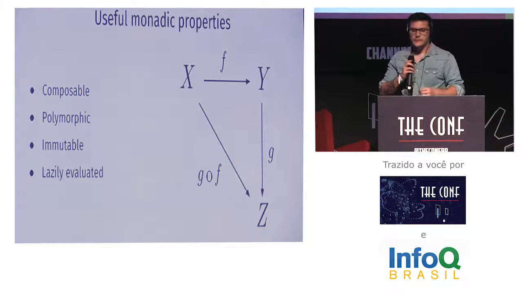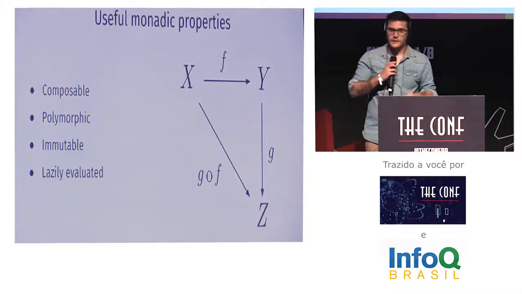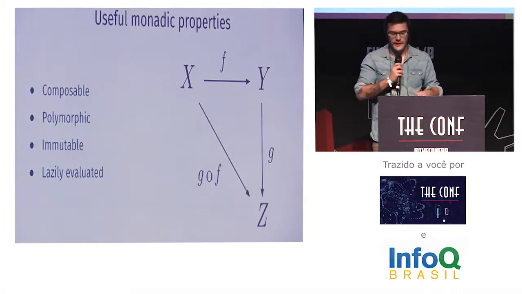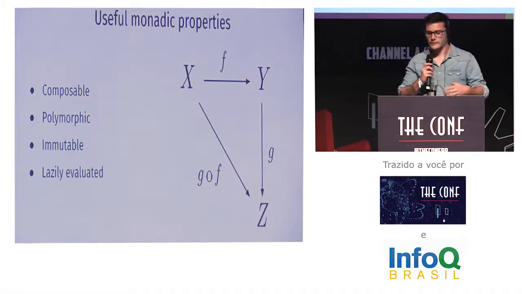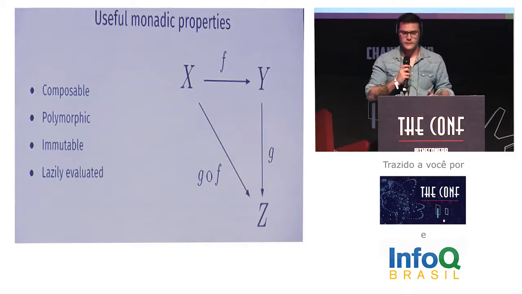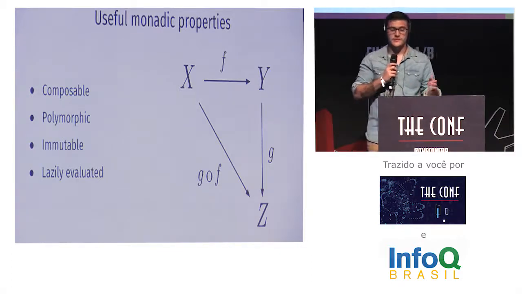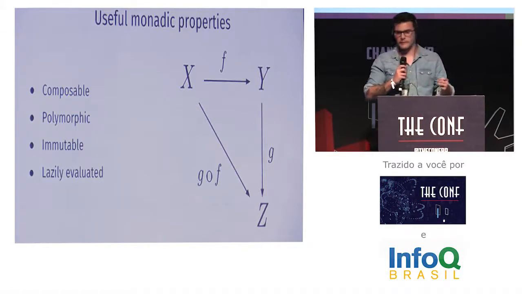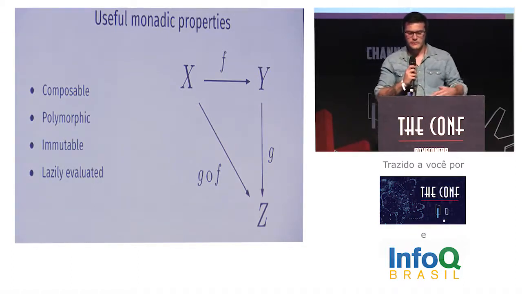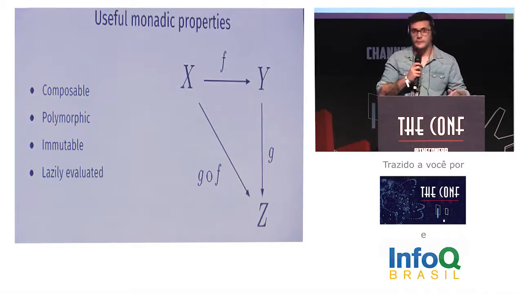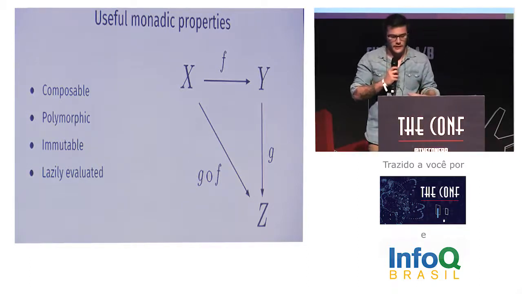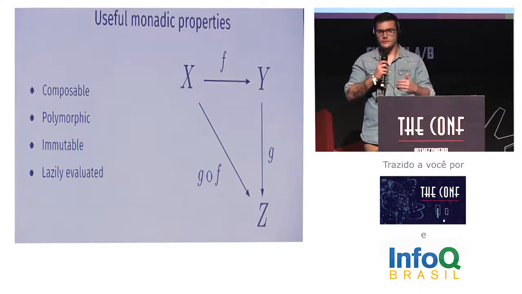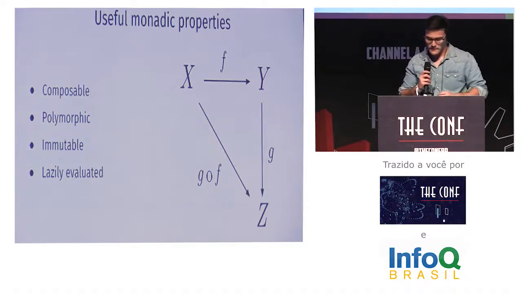So let's talk about some cool monadic properties. First of all, monads are composable, so they have a bunch of definitions on how to combine themselves. You can choose to sum two monads together. If you take the pill analogy back, we can mix the blue and the red pill to generate a new pill, a purple one, or join them in a list in the correct order, to consume them in the correct order.